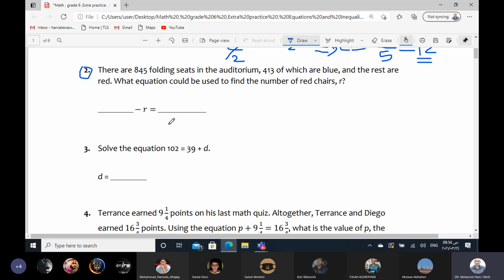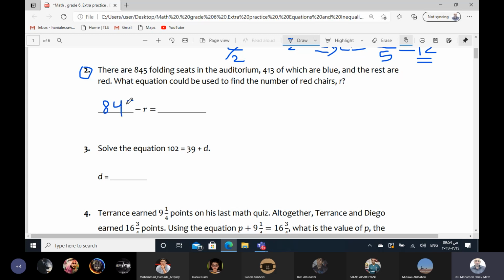Thank you, Bati. Who has a different answer? Mr., it is 845 minus R equals 413. Thank you, Muhammad Hamada. Okay, we can write here